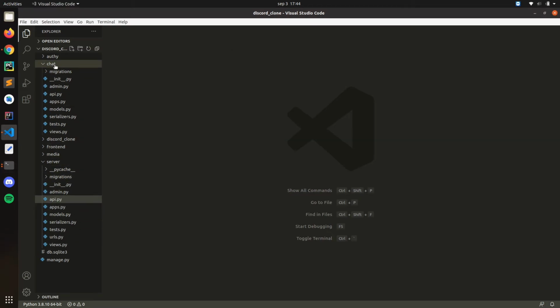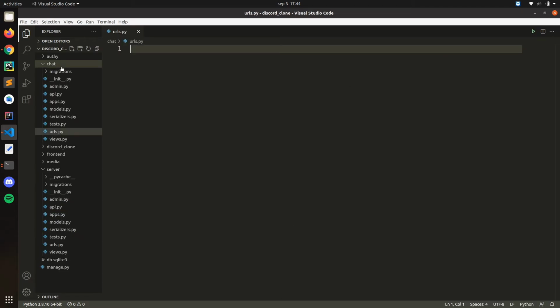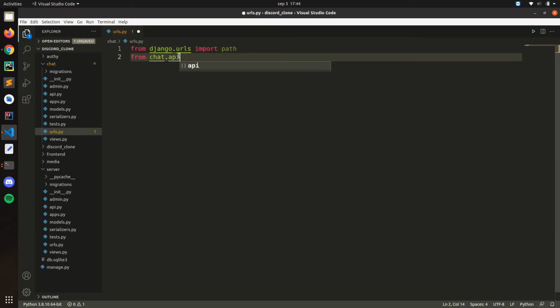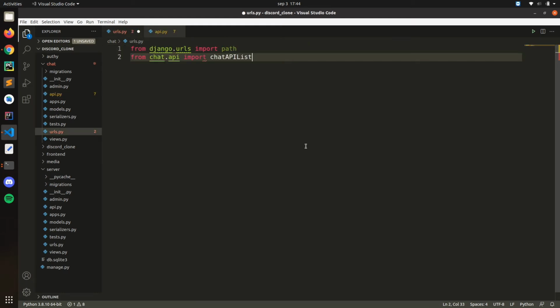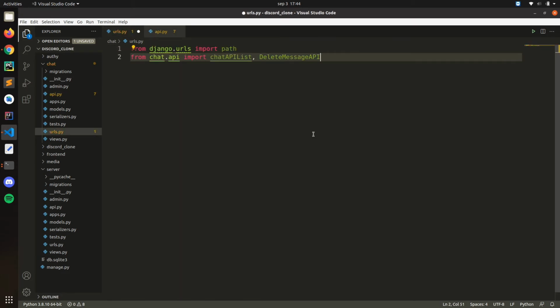we need to create a new file. Let's call it urls.py. So basically here we're just going to call our Django.urls import path. Here from chat API, let's import chat API list, and oops, I forgot the delete message API. So here URL patterns be equals to